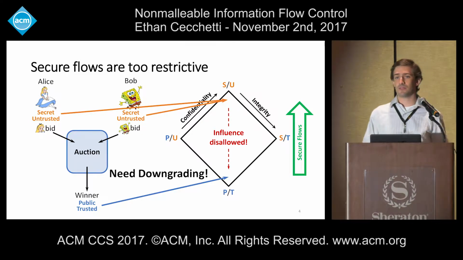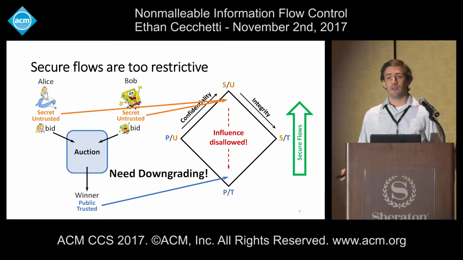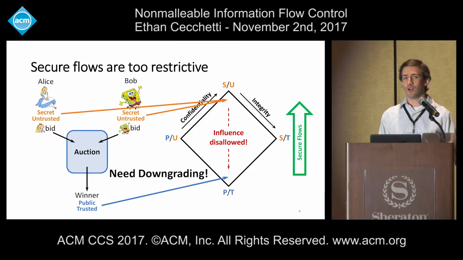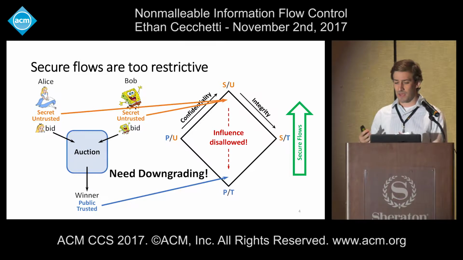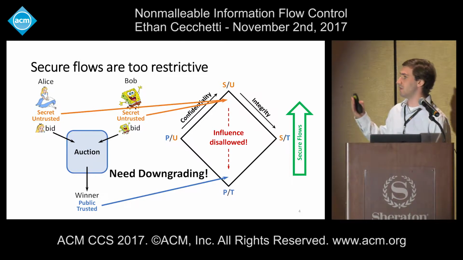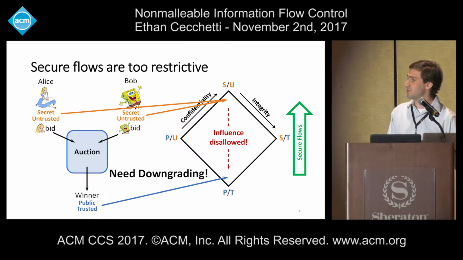As an example, let's look at a sealed bid auction where we have Alice and Bob both bidding on some widget. This is a sealed bid auction, so both of them determine their bids independently. They send it to the auctioneer, and then the auctioneer is able to determine who won the auction and output a winner. If we want to specify the security properties of this using information flow labels,